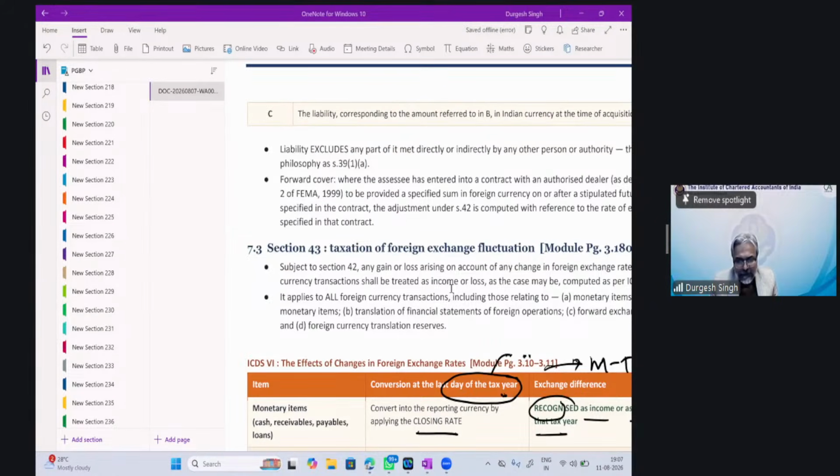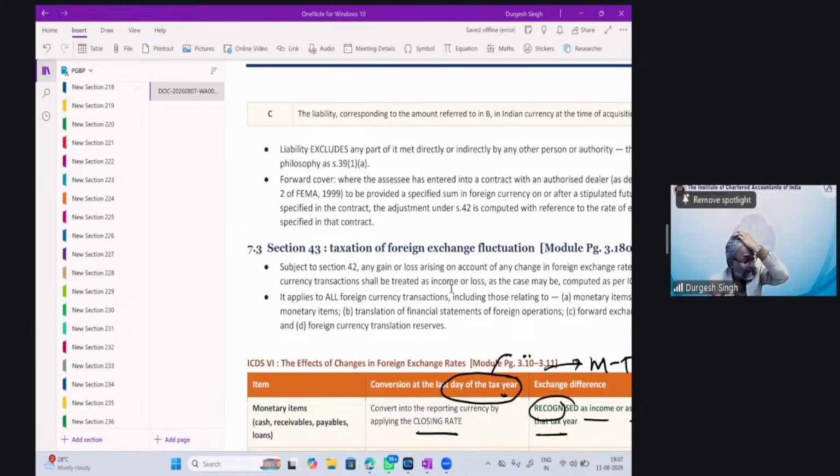Students, let's proceed now. In this case, ICDS 6, students, only this much is required. Monetary item, just that is it. Rest of the fluctuations which are there have got no relevance. Just keep this in mind. So, monetary item, I gave you the example. Say a general loan I have taken, other than the foreign assets purchased primarily, for which 42 is applicable. Just forget that. A general loan for which I need to make the repayment now, isn't it? Repayment I have not made at all. So I've not done any repayment of that loan.